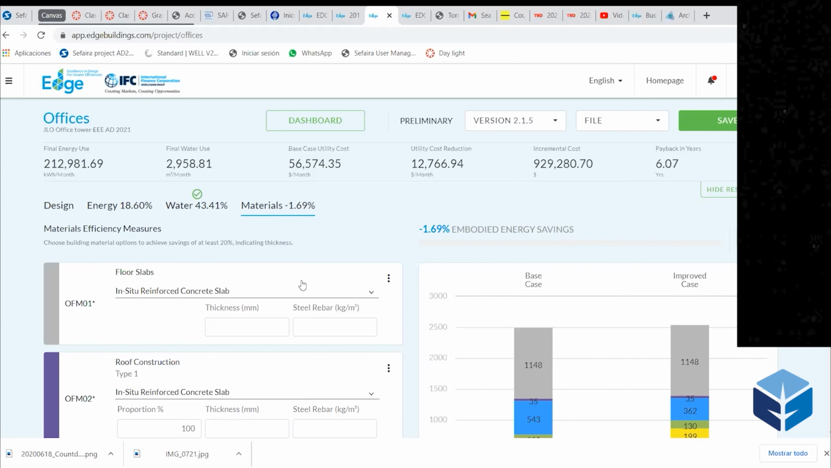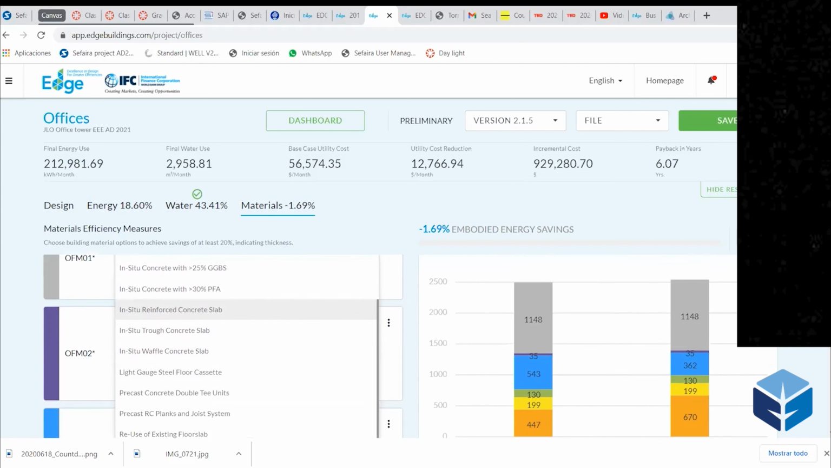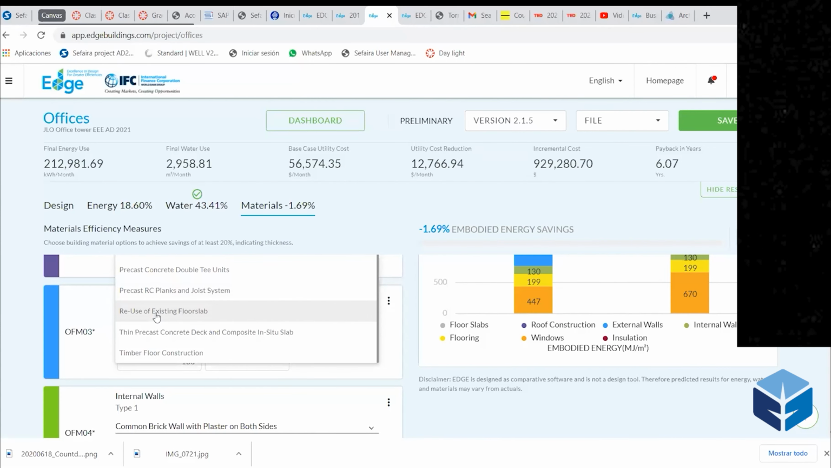We need to achieve 20% of improvement. One of the very easy ways is to intervene in an existing building. If you have an existing building, there are enormous savings in here. For example, let's suppose that this is an existing building. It's not, but let's suppose that it is. There is an option in here that is pre-use of existing floor